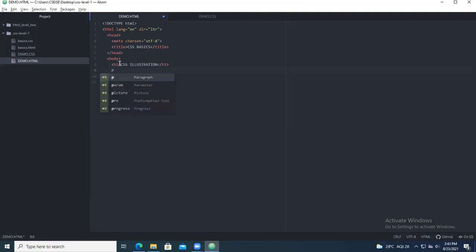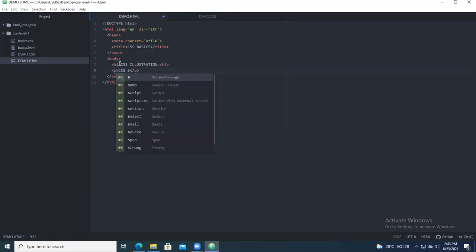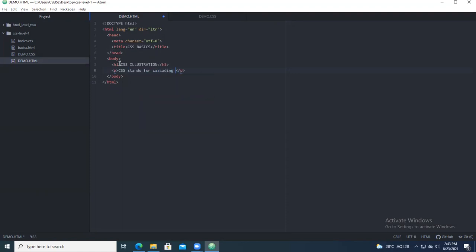So under that you take some paragraph P. Inside that you take something called CSS stands for. So what does CSS stand for? CSS stands for Cascading Style Sheets. Okay.